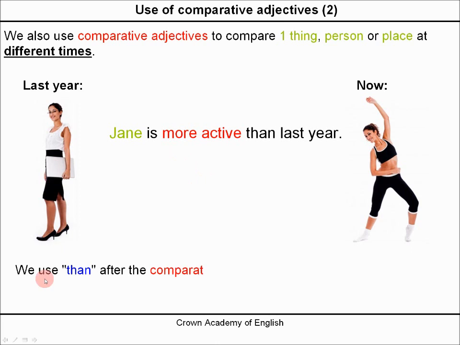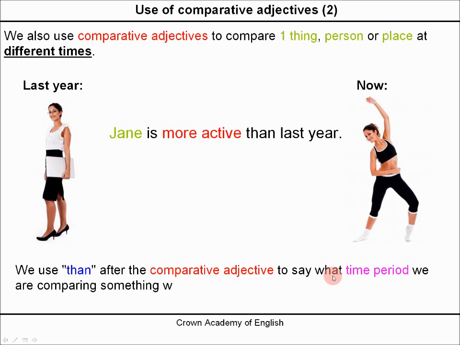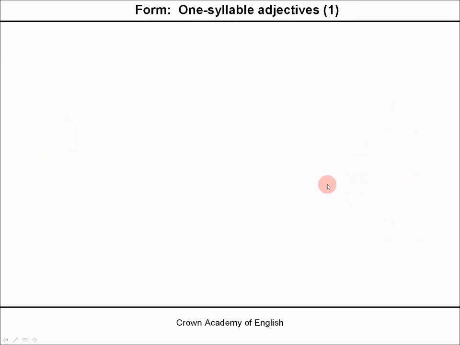And this time we use than after the comparative adjective to say what time period we are comparing something with. So here is than, and it comes after the comparative adjective and before the time period. So now let's look at the spelling and the rules for the form, because sometimes we have more than one word. So first of all, the rules for